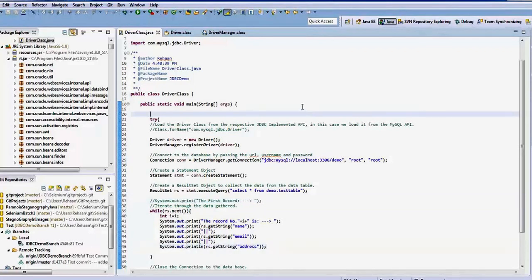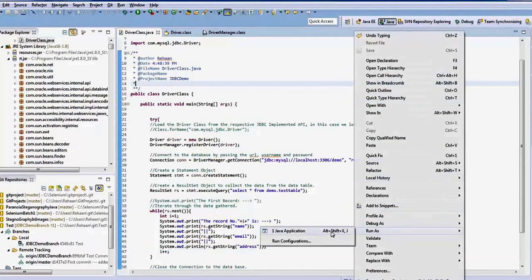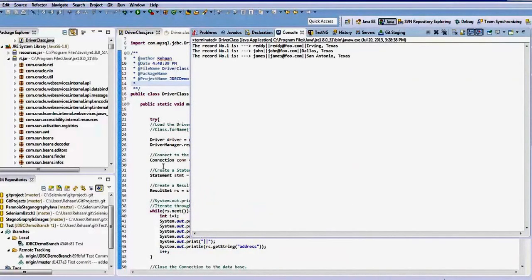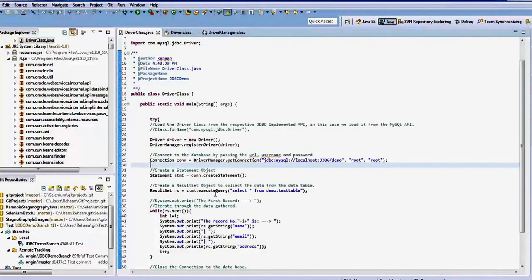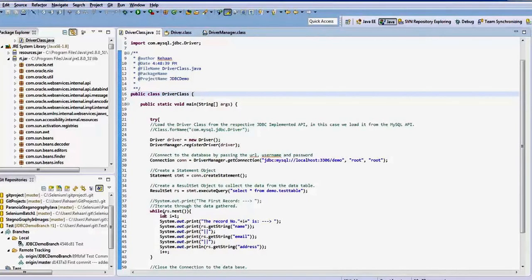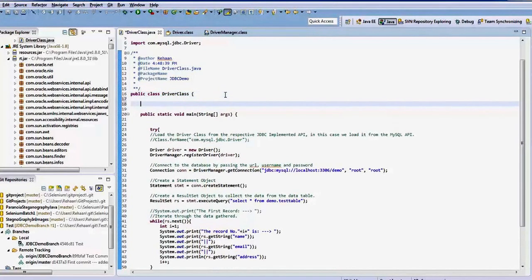The record, nothing fancy here. So the record one, not sure why it is showing as record one only. Sorry guys, I'm doing a lot of things, but you can stop here.